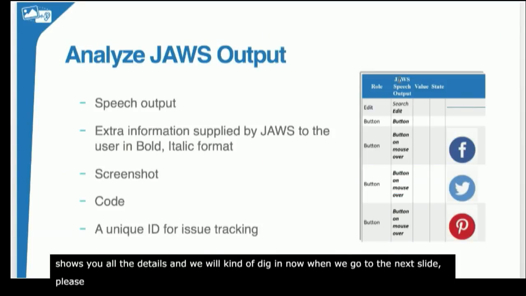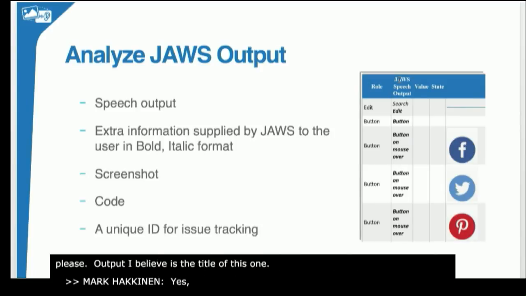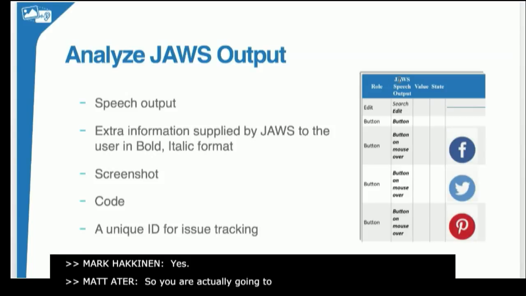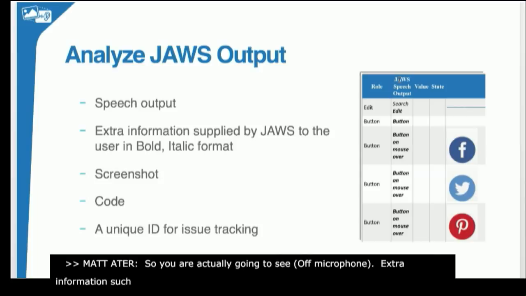It says Analyze JAWS Output, I believe is the title of this one. Yes. So you're actually going to see what JAWS would have said. Then you're going to see the extra information that JAWS says along with it, such as link, and that's going to be bold and italic so that it stands out for the person who's actually visualizing this report. For a screen reader user, they already know that it's going to say that, so obviously, you could turn on Text Analyzer to